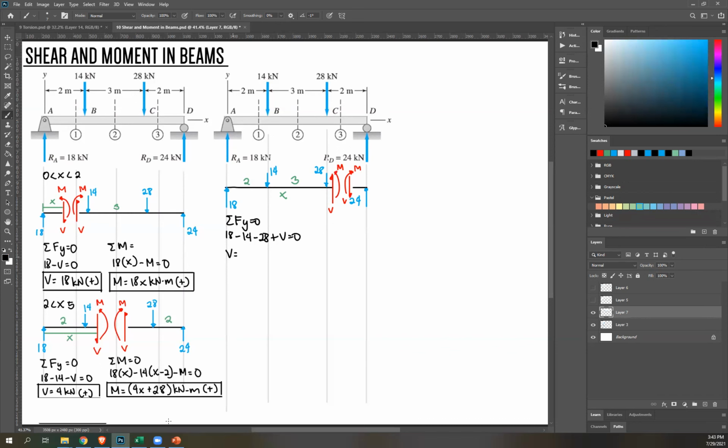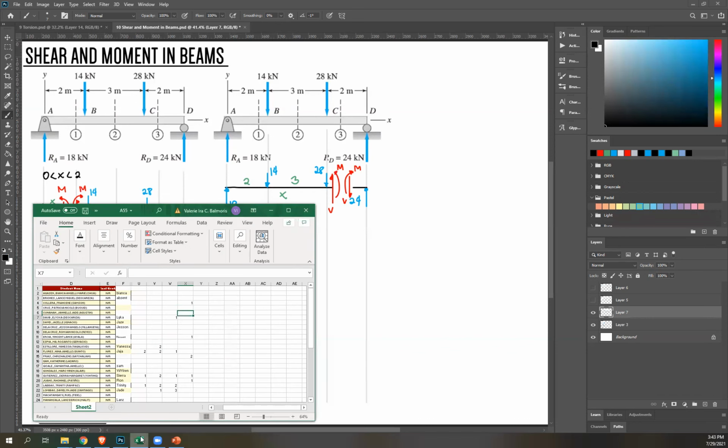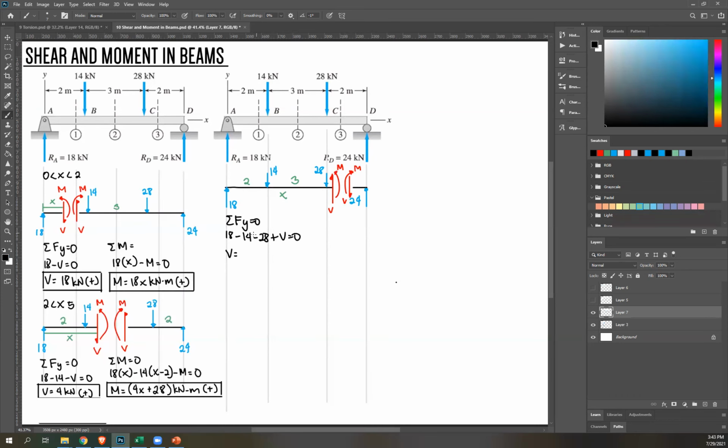Correct, Sierra. 24. Positive, therefore correct assumption, unit is kilonewton, and then your v is upward. Rotate that. That creates a counterclockwise movement about your isolated segment. So therefore, this is negative. And then finally,